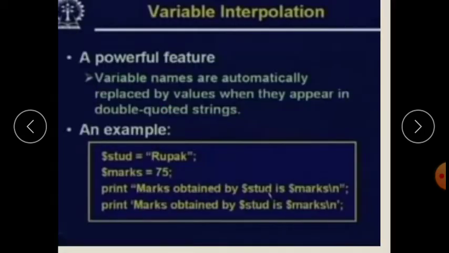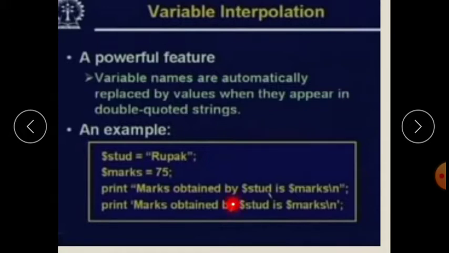This means when we use a scalar variable inside double quotes, it will be replaced by the value of the variable. This is the powerful feature: variable names are automatically replaced by their values when they appear in double quoted strings. So when we write the $stud and $marks variables inside the double quoted string in the first statement, they are replaced by their values, Rupak and 75.